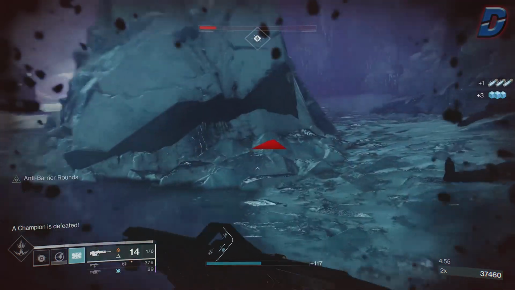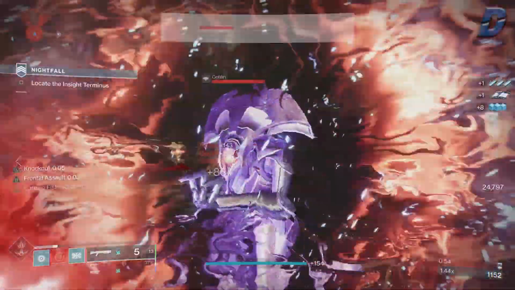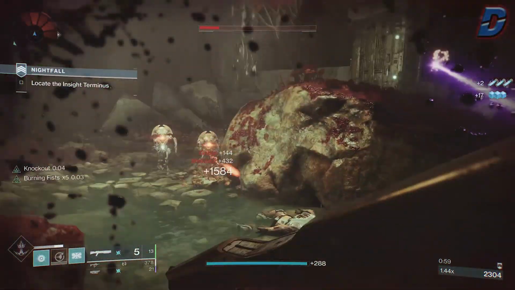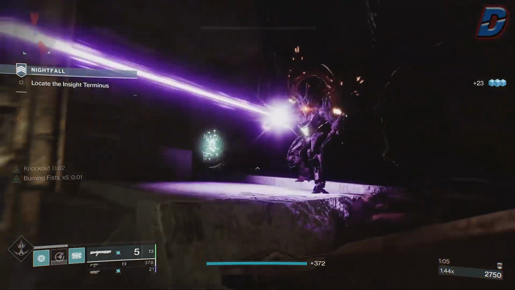long as you have your stacked buffs, which is probably the hardest part of the build when in Master Nightfalls and those sort of things, because you need to build that buff up to then pretty much supercharge your punch and insta-kill everything. We'll go through that build setup shortly, and we will be using a Wormgod Caress exotic, which you can get from Zoe on the weekends if he has it available, or from the exotic Ingram Weld loot